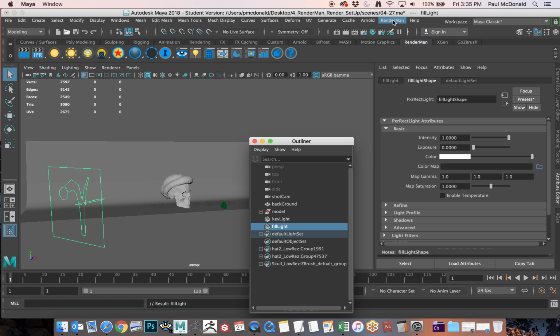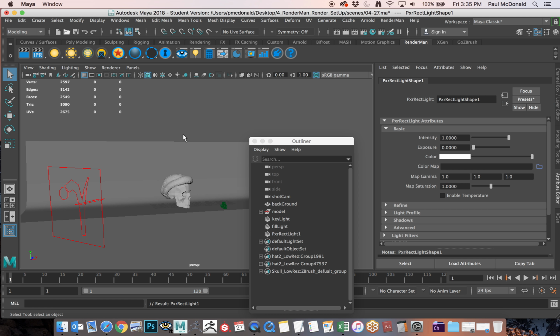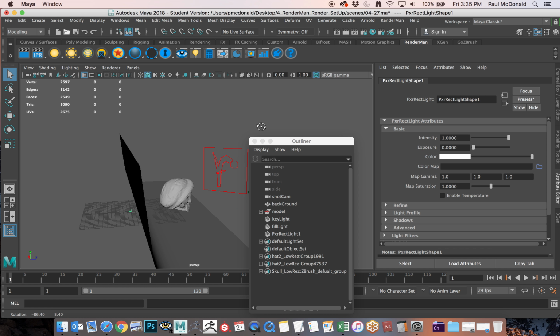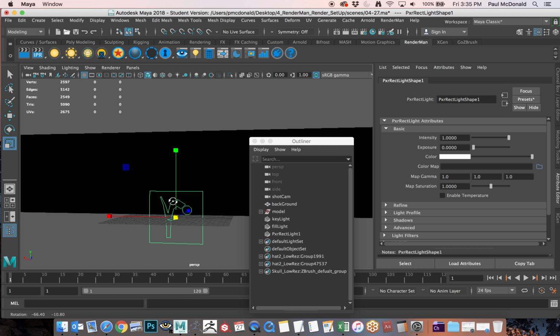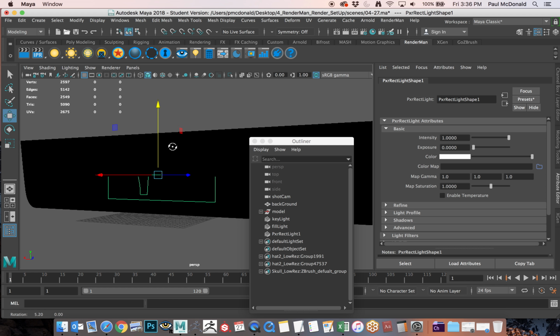So let's come up to RenderMan, Lights, Pixar Rectangle. And this one is going to be a rim light. So let's just scale him up a little bit. Okay. And for the rim light, I typically make this a little bit longer. And for this, in RenderMan,